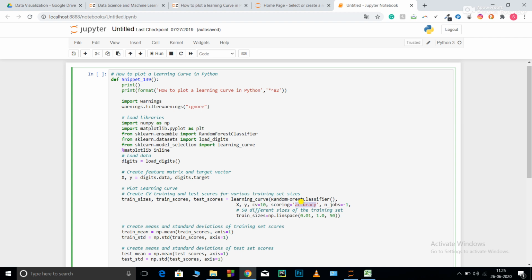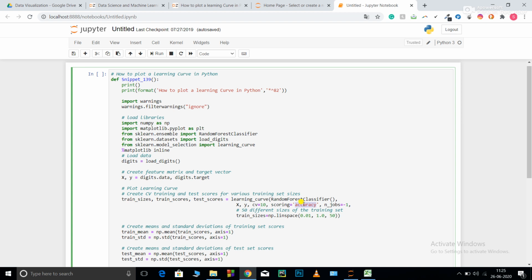It just speeds up the process, as compared to if I put n_jobs equal to 5, where it is going to do 5 parallel processes. The accuracy is going to be the same. The only difference is the parallel processing. So in order to reduce the time complexity, you can use this n_jobs.